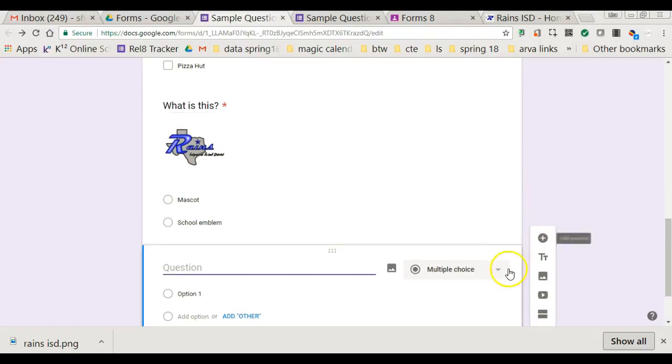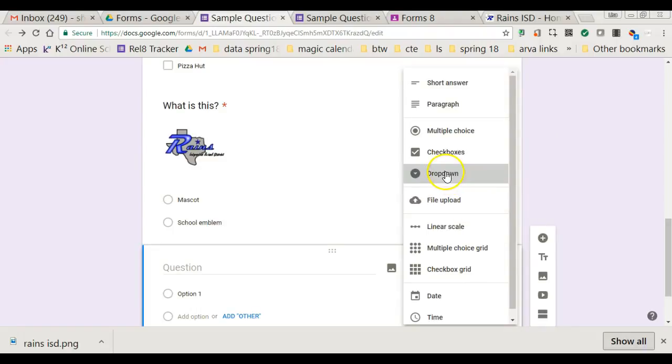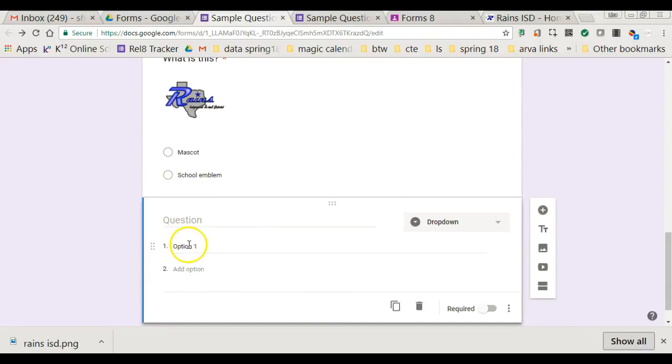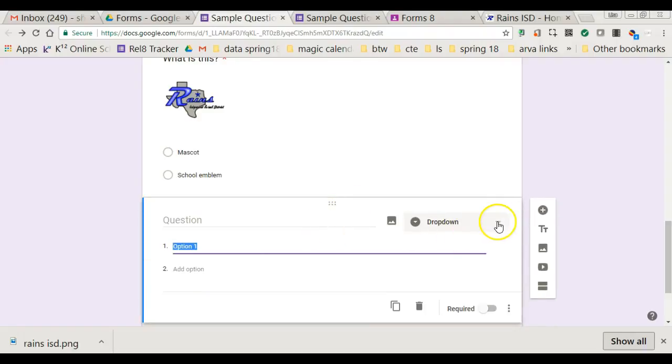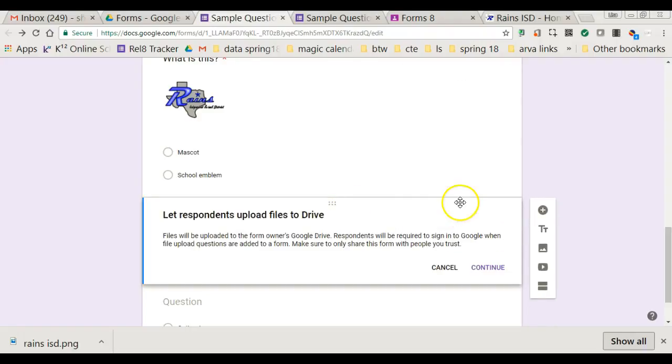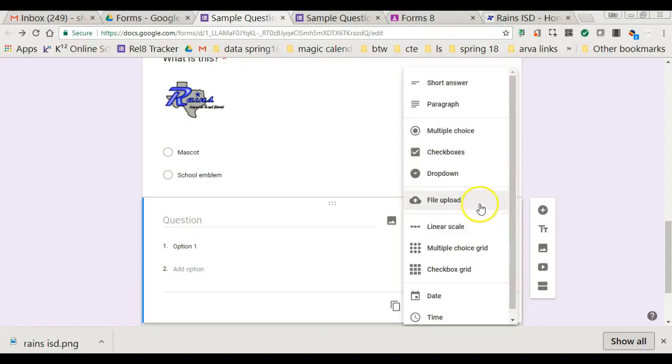One last thing here we want to look at is maybe a drop down. A drop down is just going to have the options here that you listed, kind of like a multiple choice. The other option we could do here instead of a drop down, if we went to a file upload, I could really upload anything. Files will be uploaded to the form owner's Google Drive. Respondents are required to sign in when the Google file is uploaded. So this is a little different because you do have to be sure you're all on the same page and you're sharing things. So the main ones that I want you to understand is anywhere from checkboxes and above,